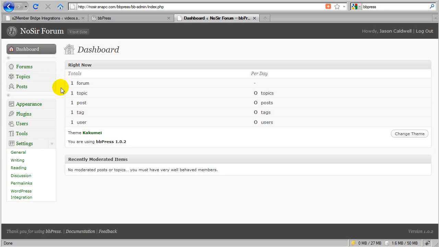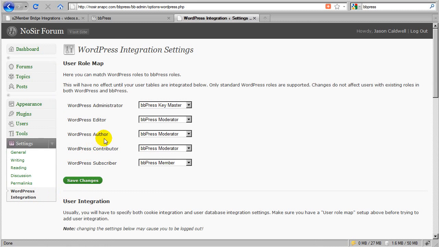Now, fortunately, even though this is not a plugin for WordPress, bbPress does come with this option here in the settings panel that allows you to integrate it with your installation of WordPress, which is great because what you can do with this integration is to connect the two applications together so that you are in effect creating a single sign-on functionality where anyone on your installation of WordPress with one of these default